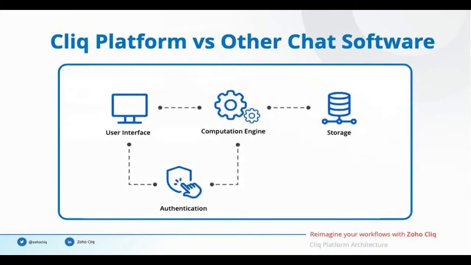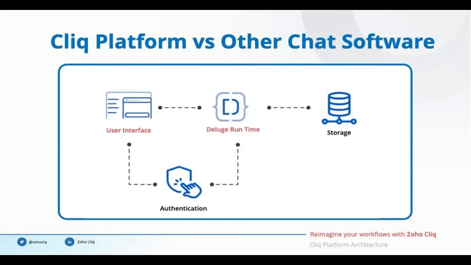The most important advantage is that you don't have to worry about the technology stack to build all these workflows and automations. I hope you remember the architecture we discussed of a typical software connecting with your work tools. Now I would like to match those points with the Qlik platform we provide. The user interface section of Qlik has bots, widgets, message cards, message actions, slash commands, and forms. Deluge runtime and schedulers together form the computational engine section. Custom databases are supported to store and retrieve data. Connections help to connect with your tools without running into the hassles of authentication.